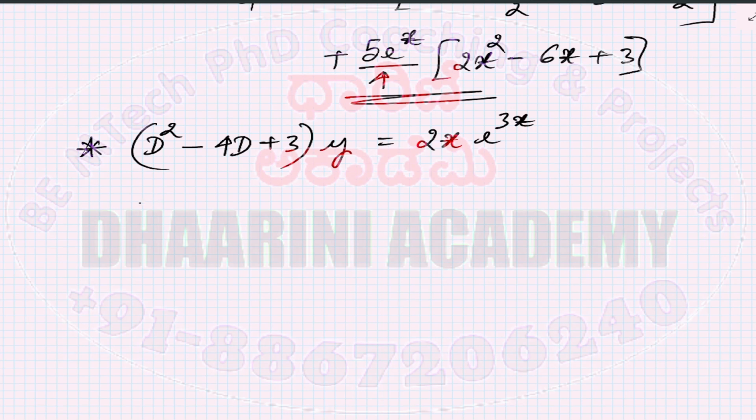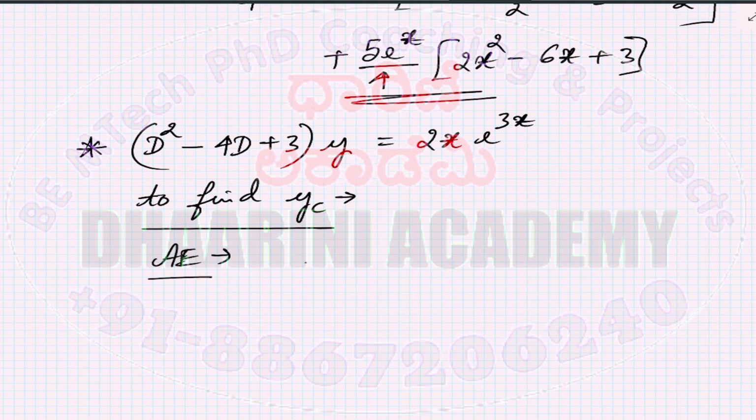All right. To find yc, so how to find yc? Yc can be found straightforwardly by writing the auxiliary equation and solving for its roots. So the auxiliary equation becomes m square minus 4m plus 3 equal to 0. When we solve this directly, we get the roots as m equal to